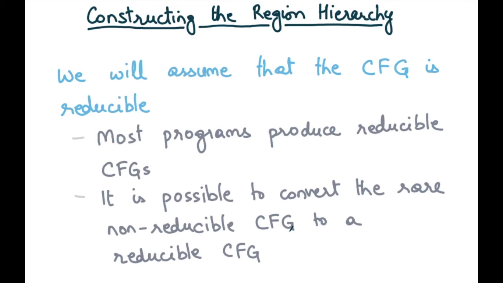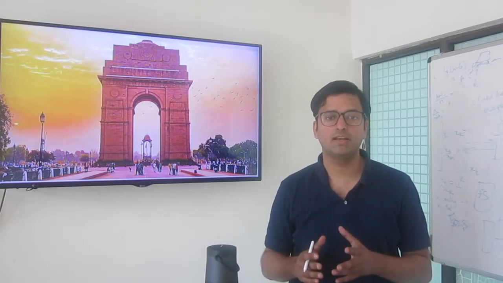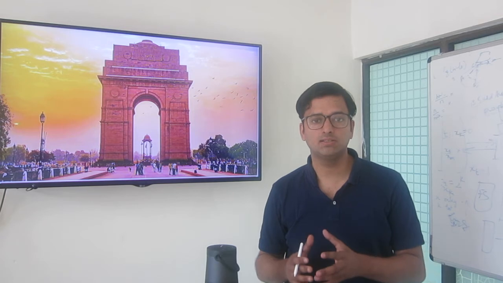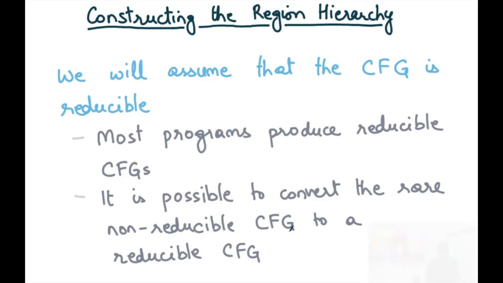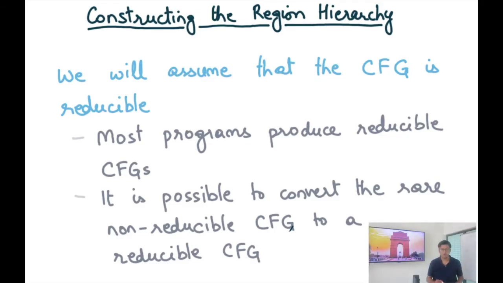So last time we discussed what a region is and what the typical regions are that a compiler constructs. Now we're going to talk about how we can construct a region hierarchy. What is the algorithm to construct such a hierarchy? Assuming we already know what regions we want to compute, how would the compiler go about actually creating such a